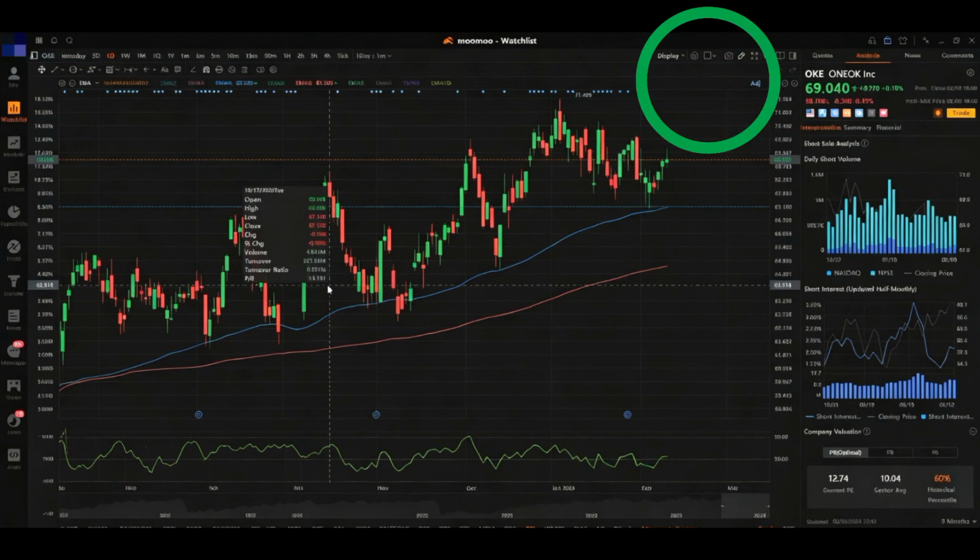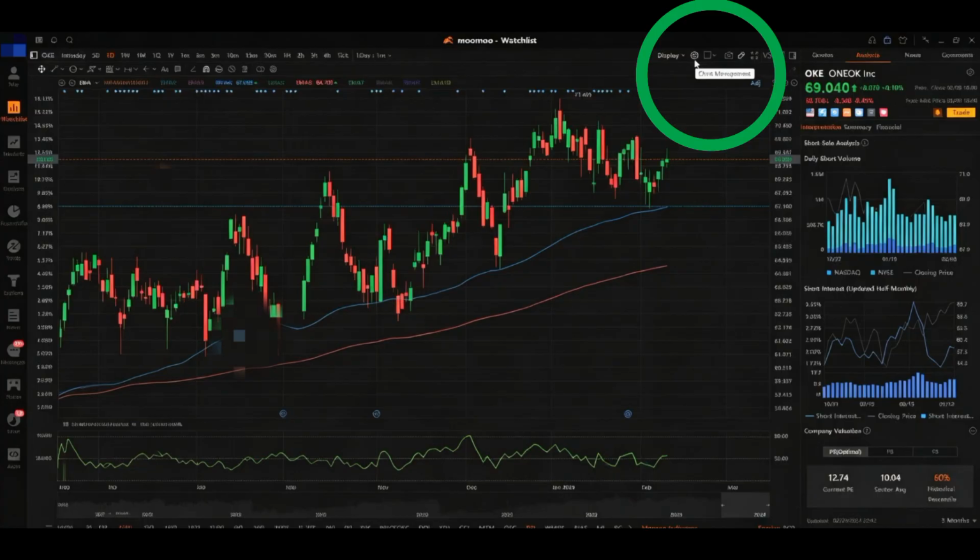Next, navigate to Chart Management. This is where you can customize your charts and add various tools and indicators to aid your trading analysis. In the app, you'll usually find this option at the bottom of your screen, while on the website, it might be located in the sidebar or top menu. Take a moment to familiarize yourself with the layout if you're new to the platform, as this will make your